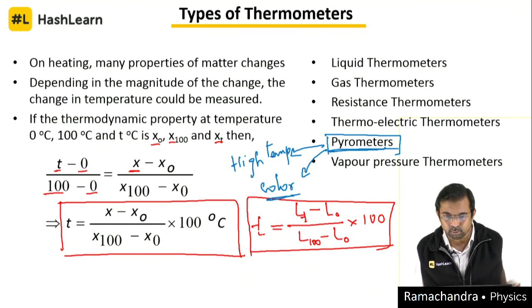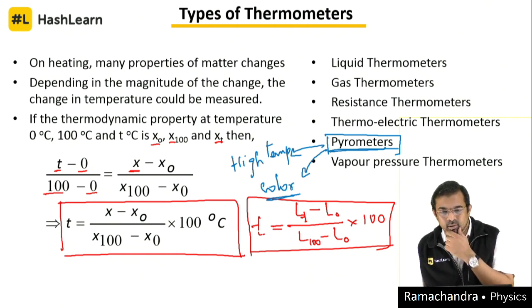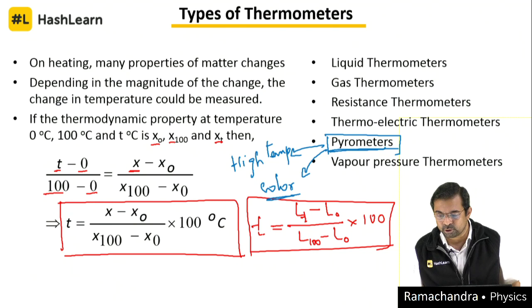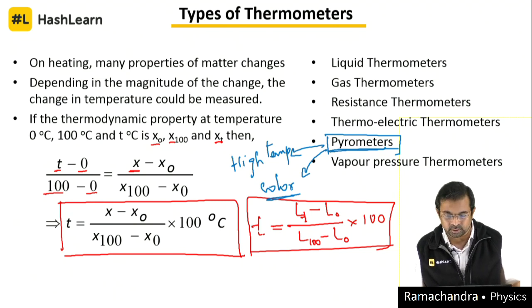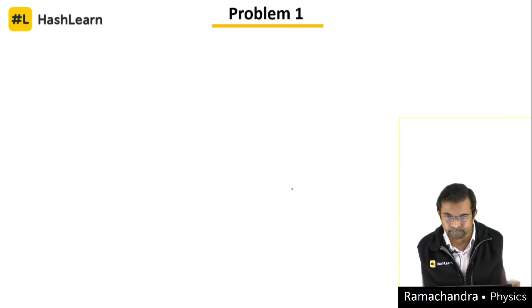Yes, of course, from the amount of thermal radiation they emit also, because thermal radiation depends on the wavelength and colors are attributed to the wavelength. That's the correct one. Thanks a lot, Radhika.